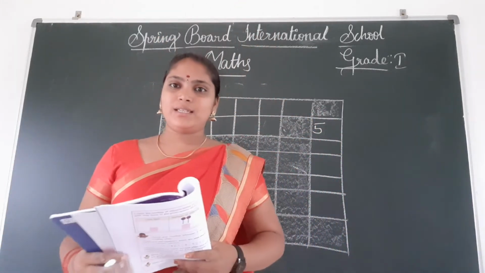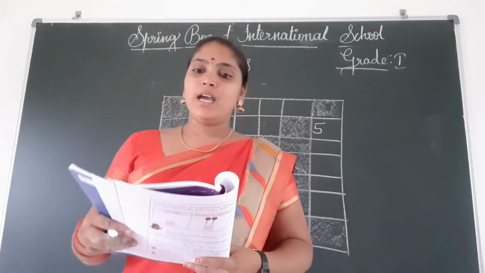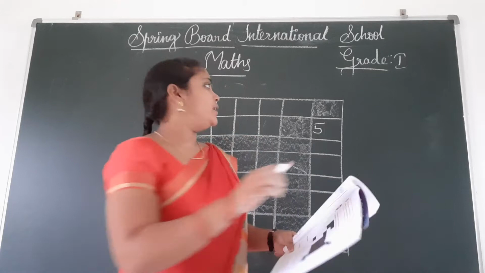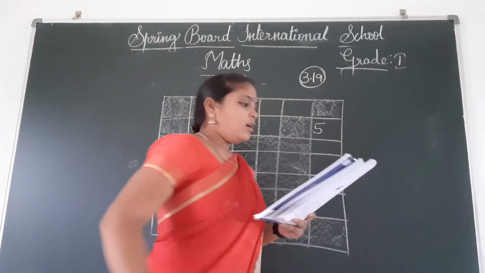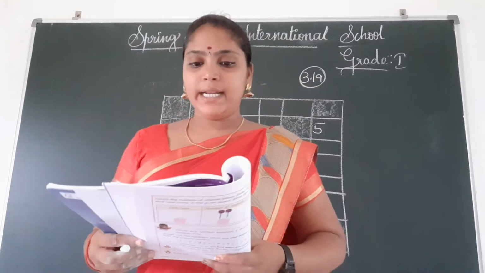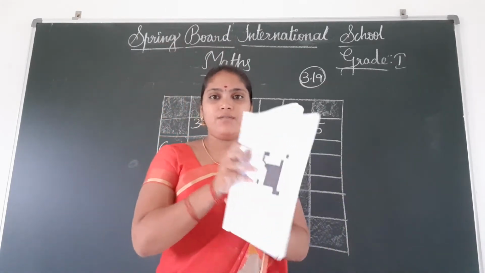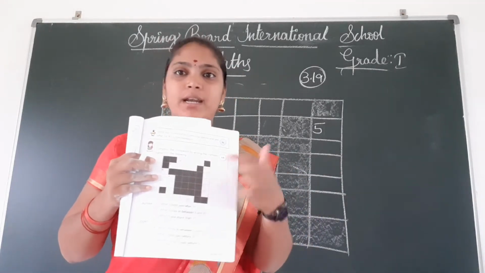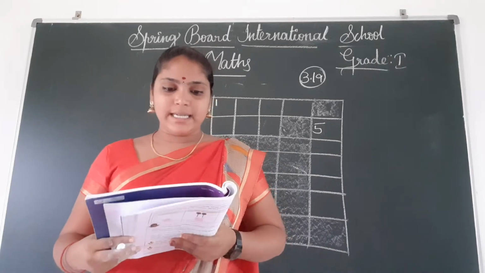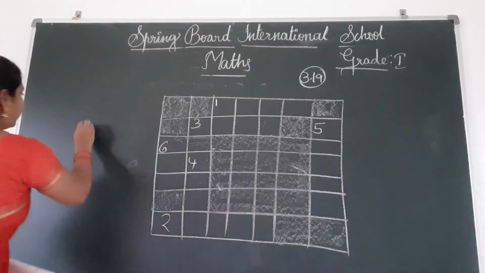Okay children, so next everyone open page number 47 in your studio 3.19. 3.19. Complete the crossword by writing the number names for the following. Okay children, so here is given one crossword, you have to fill this with number names. Okay children, so first across. What comes just after 8?